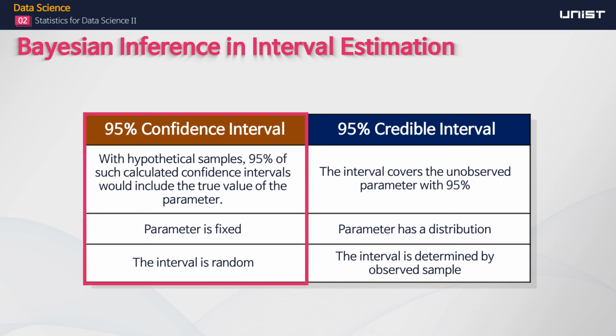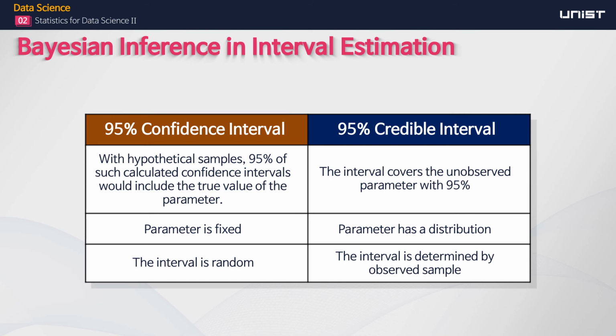A frequentist 95% confidence interval means that with a large number of repeated samples, 95% of such calculated confidence intervals would include the true value of the parameter. In frequentist terms, the parameter is fixed and the confidence interval is random as it depends on the random sample,